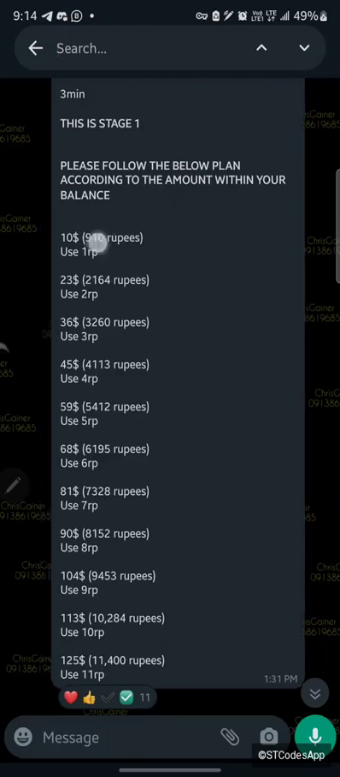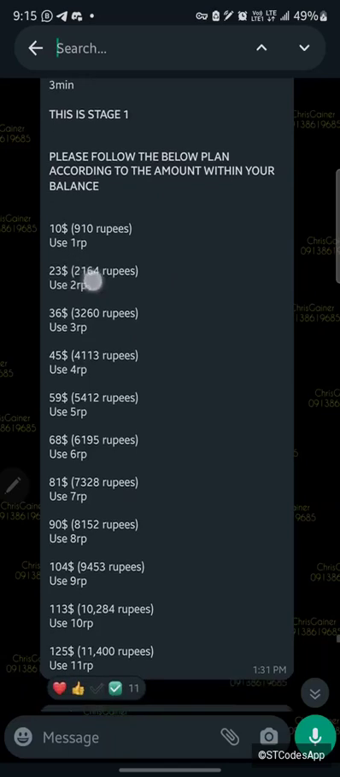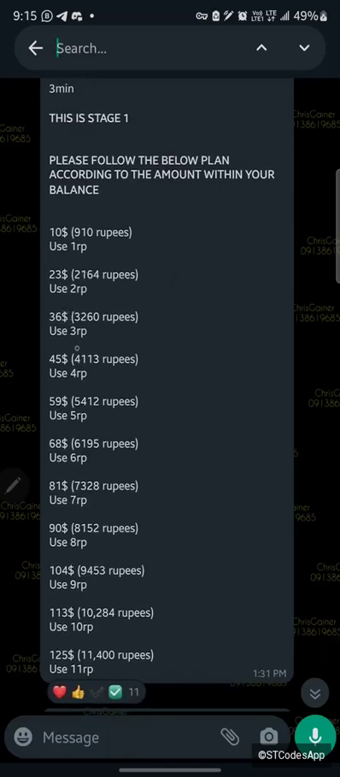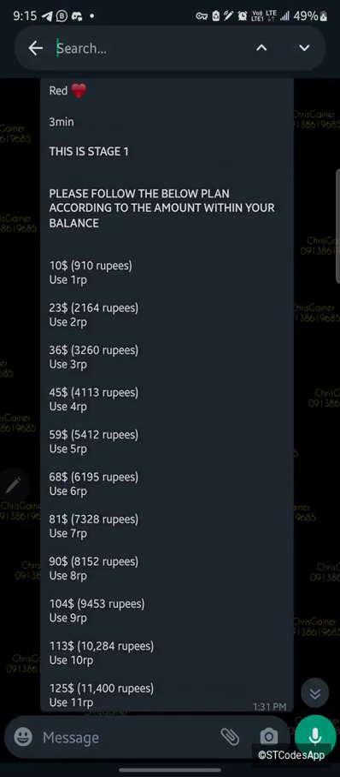you'll be making use of the first plan. If you deposit from $23 to $35, you'll be making use of this plan. If you deposit from $36 to $44, you're making use of this plan, and so on and so forth, depending on where your deposit falls. If you deposit $58, you are not yet using the $59 plan, you are still using this plan, right? So this plan has been carefully examined,